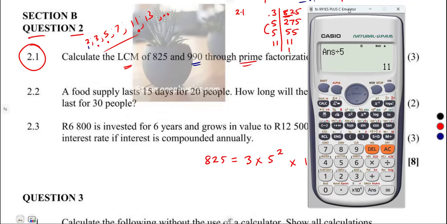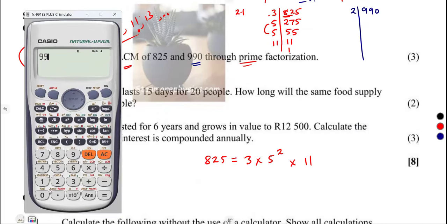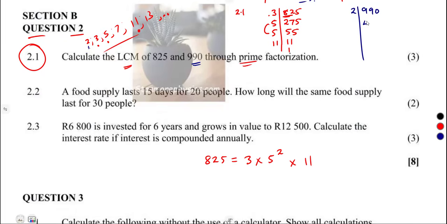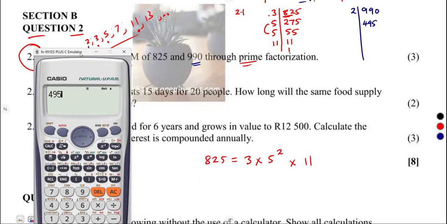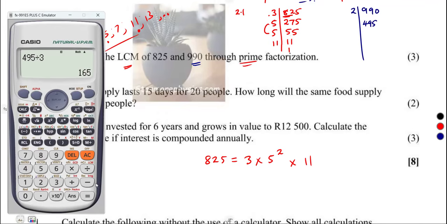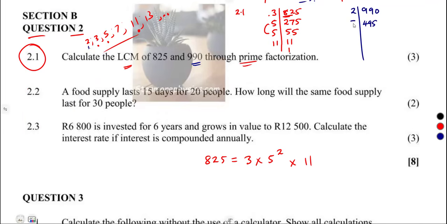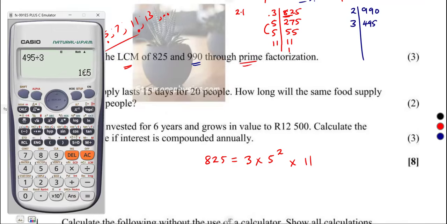990 divided by 2. This is going to actually work. That is going to give us 495. Trying 2 is not going to work this time. You can see we have got a fraction here. So we are going to use 495. We move on to the next prime number, which is 3. As we move on to 3, this one is going to work. So dividing by 3, we obtained